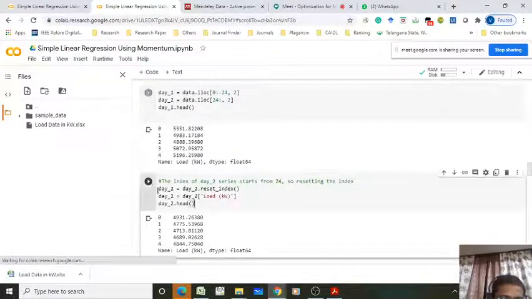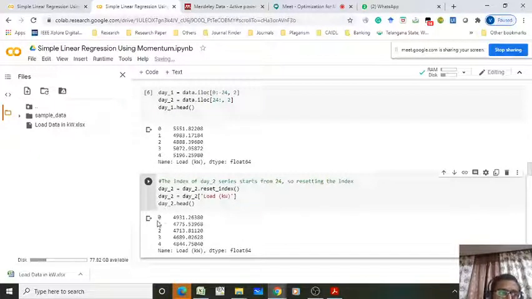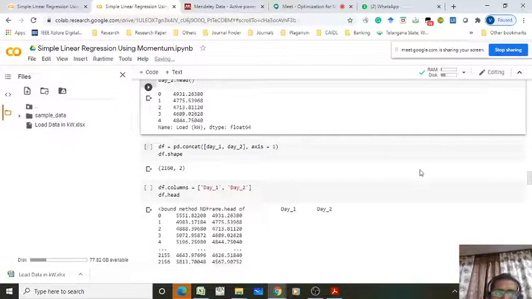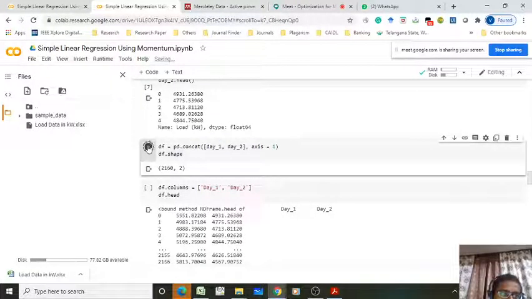So what you have to do? You have to do day_2 dot reset_index. Reset index means your index will be starting from 0. Otherwise your index will be starting from 24, 25 like that. Now you have to concatenate both input and output. Now you have a data set having 2160 samples, 2 columns.